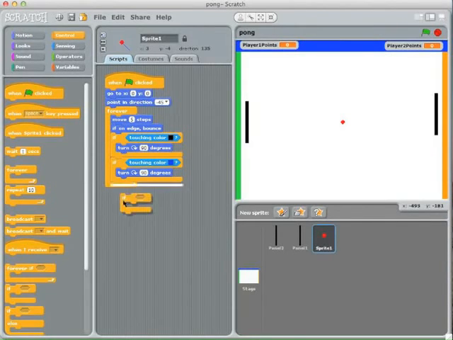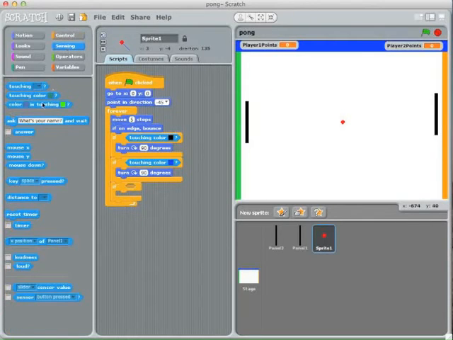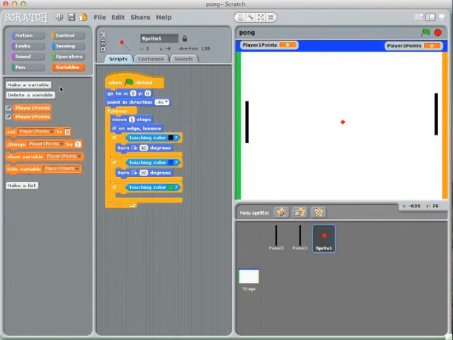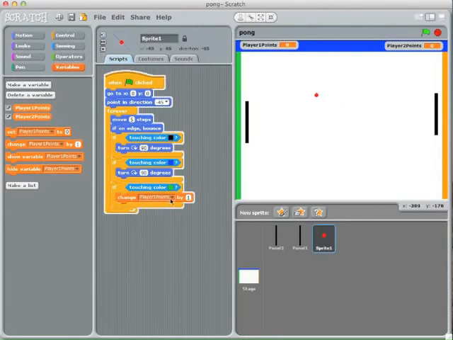So we're going to say if touching the color green, so I throw that in there and I use the dropper to select the color green. I want to change player 2's points by 1. So that means basically I want to increase player 2's points by 1 when it touches the green, and you'll